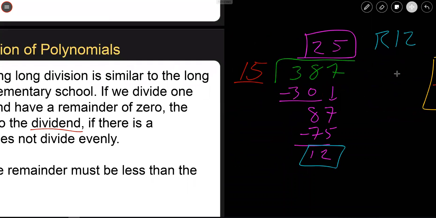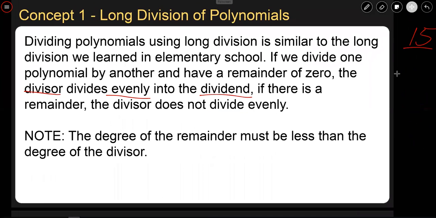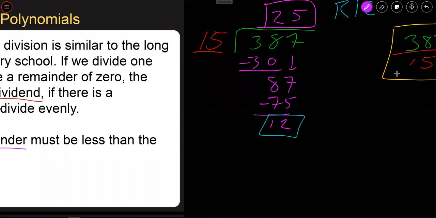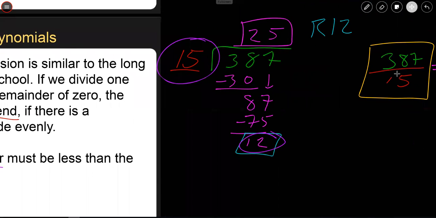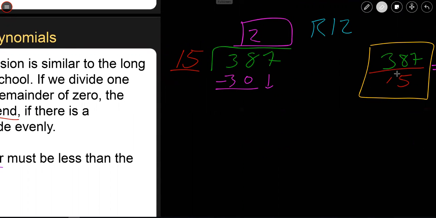All right, so just one thing to note: the degree of the remainder must be less than the degree of the divisor. Just like in normal division, my remainder is always going to be smaller than my divisor. If my remainder is bigger than the divisor, that means I can fit another divisor in there. Just to briefly discuss that, if I were to do this problem, and maybe I didn't know that 15 went into 87 5 times,